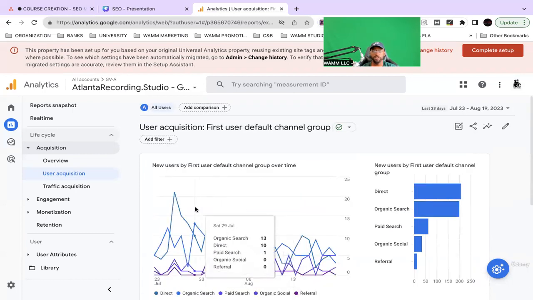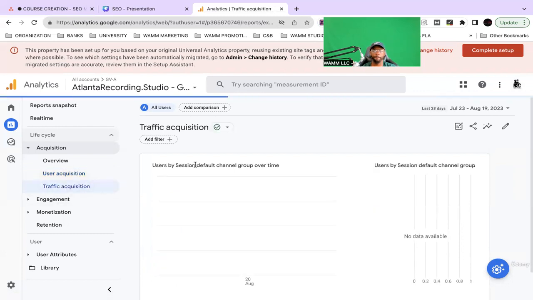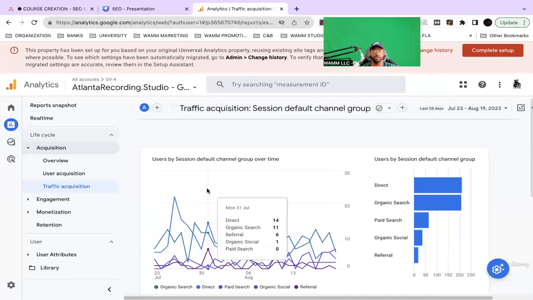All right, so that's the user acquisition section. Now we go to traffic acquisition. So user acquisition was showing us how